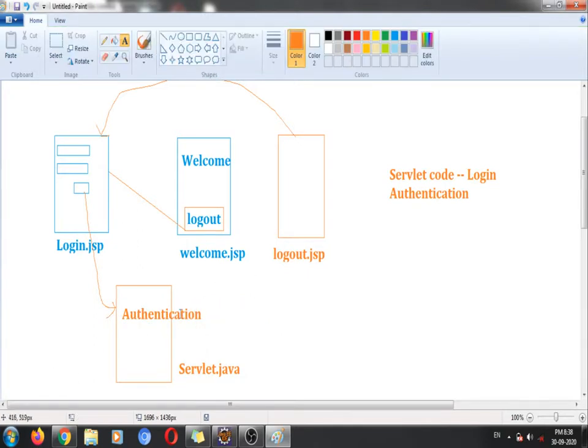If everything is fine and perfect, then it is going to show this welcome file. If the username and password is wrong, then it is going to be redirected to the login.jsp file. Okay, so this is the simple flow which we are going to perform in our code. So let's start the implementation.